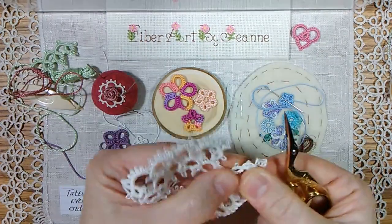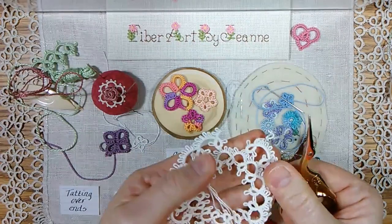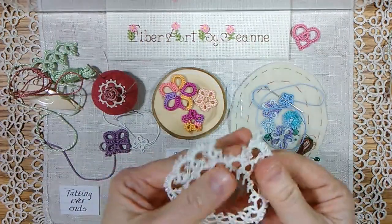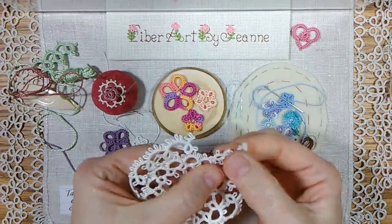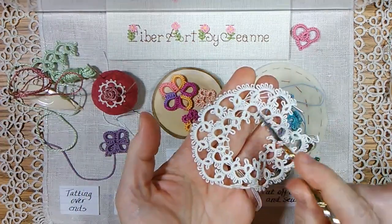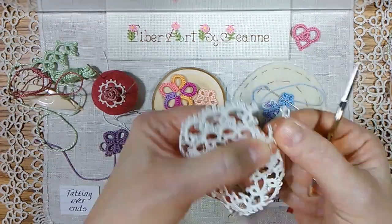without much help. But if you have to cut, say, from a round motif or a doily, the other part of this question would be if you have a doily that you want to reduce in size or cut out a portion of, and you want to use that then to sew onto something else, how do you cut it so that you don't have a lot of ends to sew in? So if I have this piece here and I want to save this round inner smaller part and I want to cut this part away, you can see